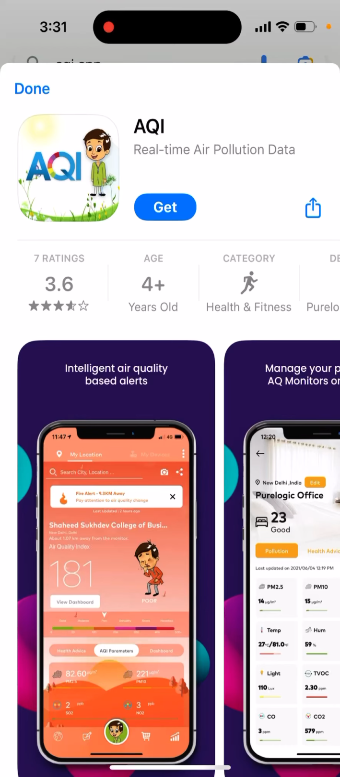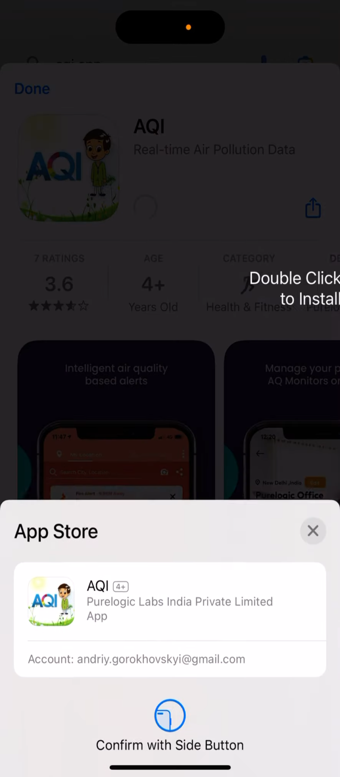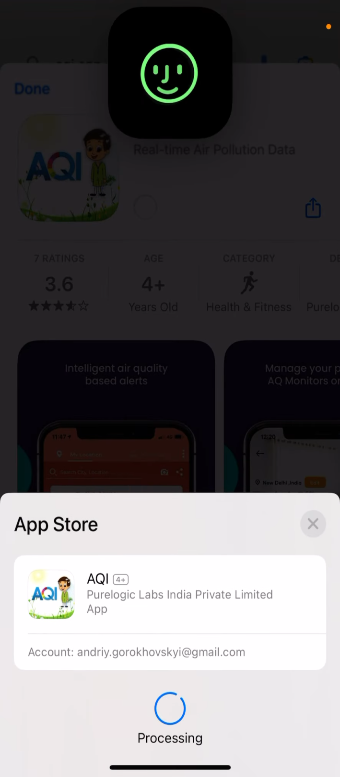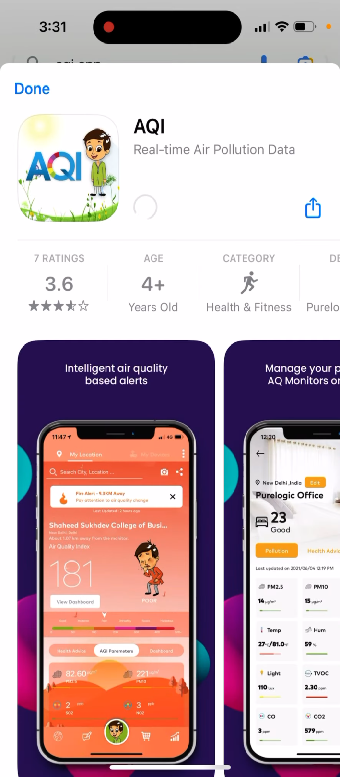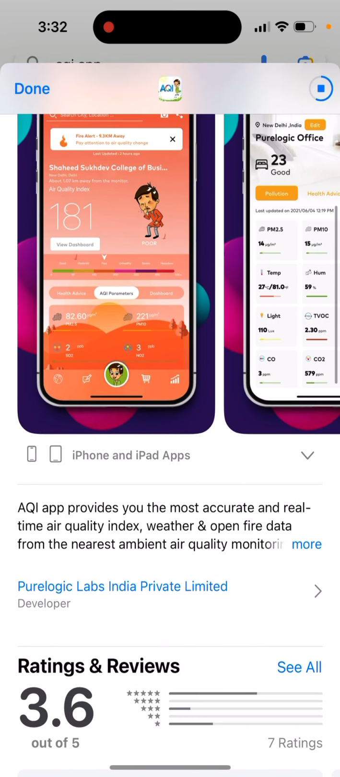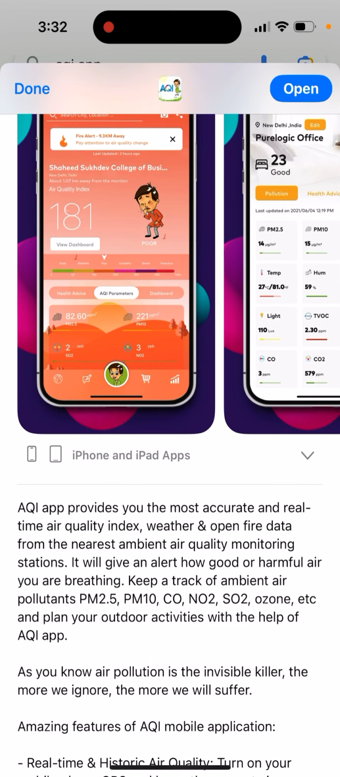Here's the AQI app, a real-time air pollution data app. This app is quite popular, I guess, in India and some other places. It identifies the air pollution levels. It provides you the most accurate and real-time air quality index, weather, and open fire data from the nearest ambient